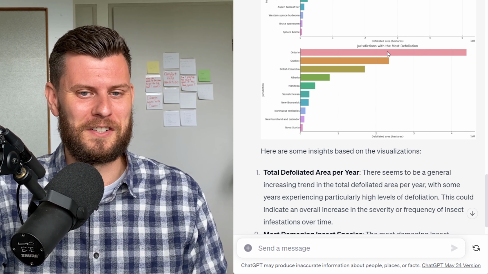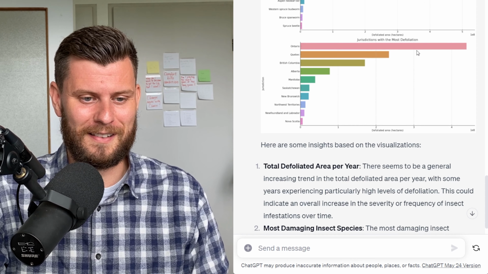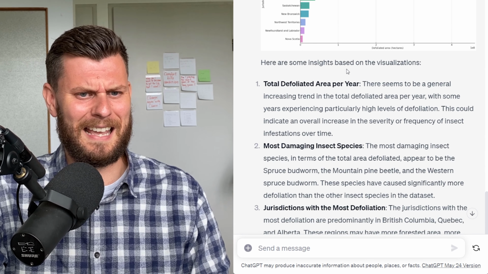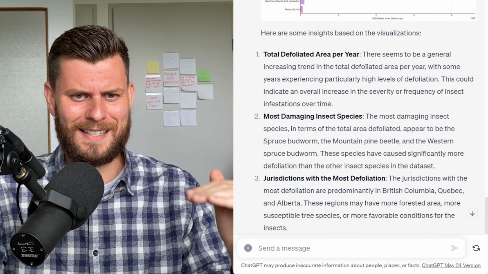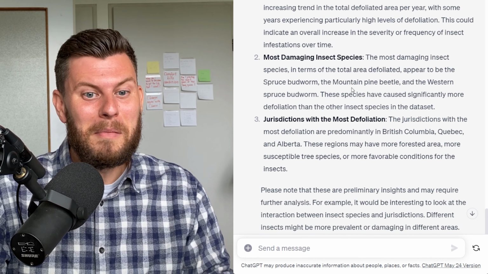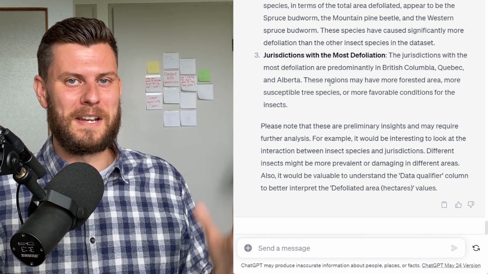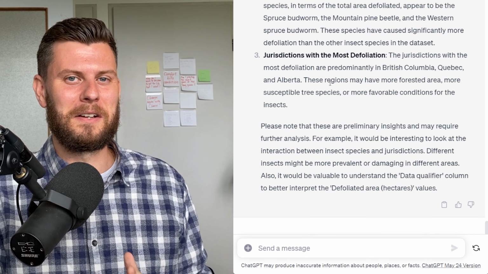And then we see the jurisdictions with the most defoliation. We see that Ontario has the most, unfortunately. Fantastic. And it gives some insights on these visualizations. Now, what if we go one step further and say, hey, let's look at some climate data